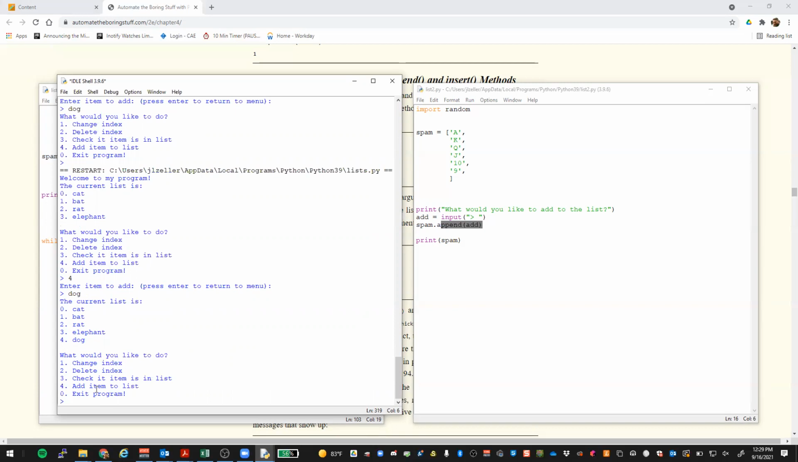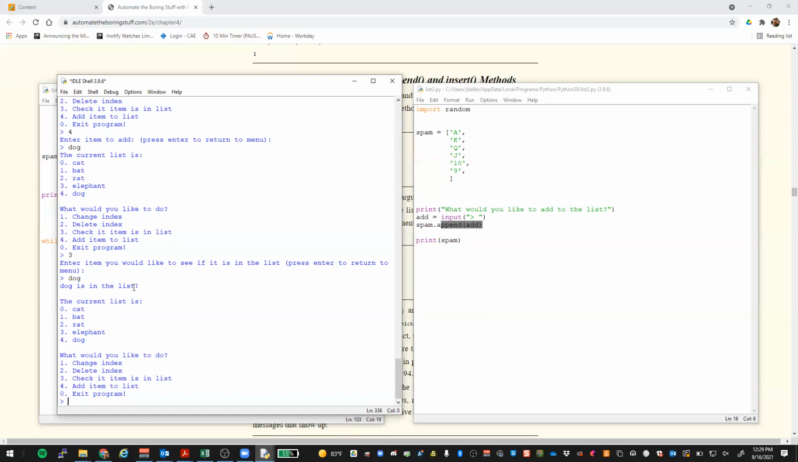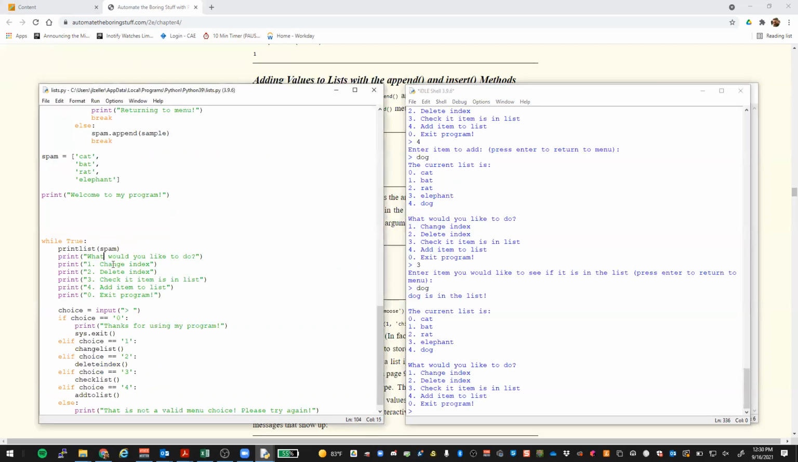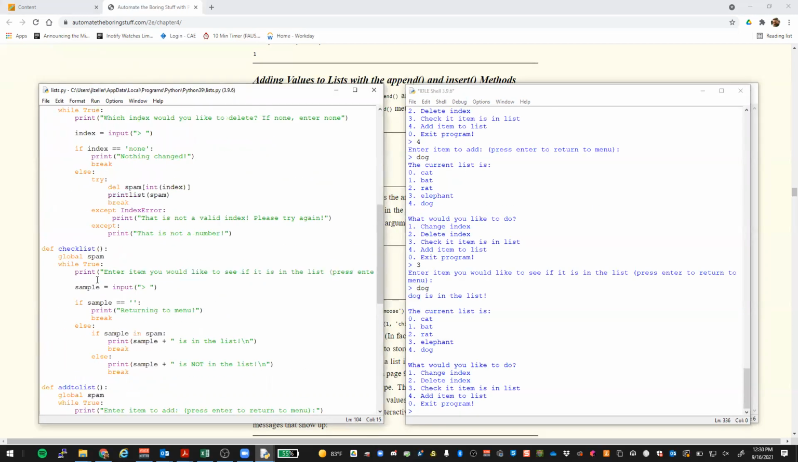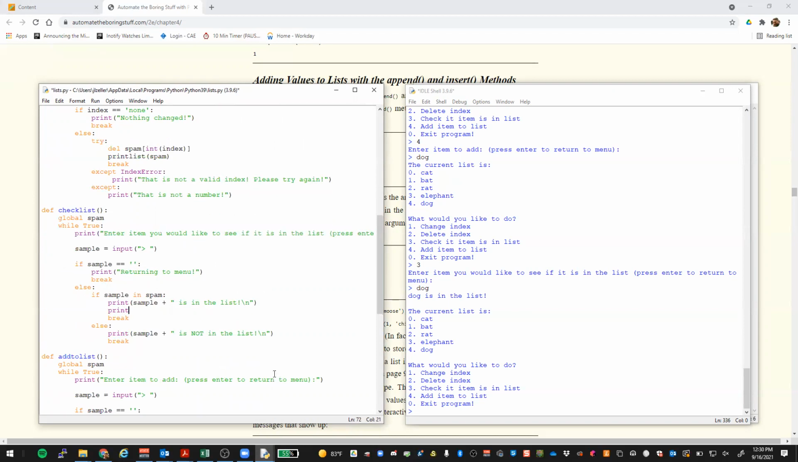We could then check to see if anything's in there. 3, check to see if dog is in. It says dog is in the list, and we could actually come back and tell it what index if we wanted to, right? We learned .index. So let's go back to that function, check list. Okay, we say it's in the list and say print